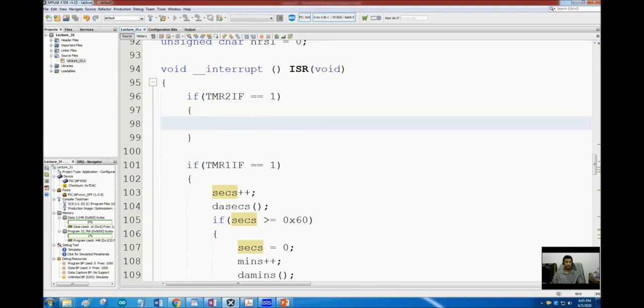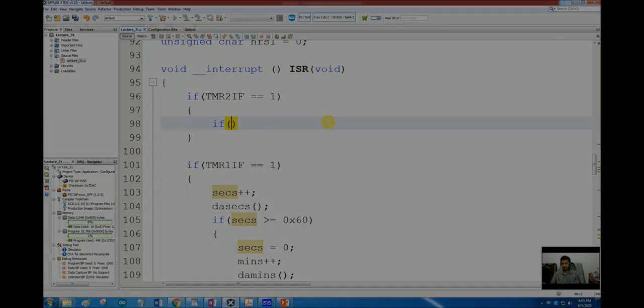In case the timer 2 interrupt comes, the TMR2 register matched with the PR2 register, that we know. What we don't know is what was the previous state of the port. So we have to first see what was the previous state of the port. Which port?